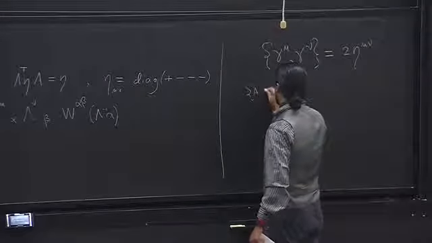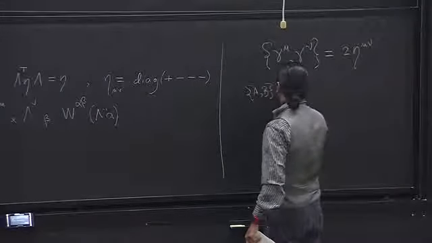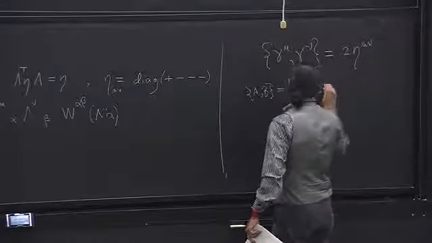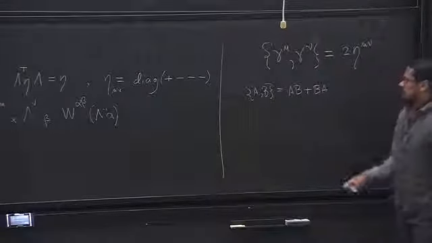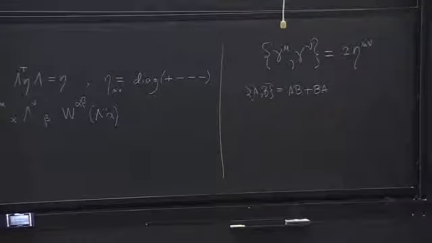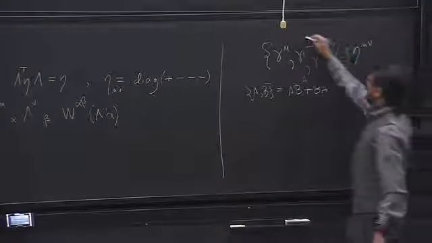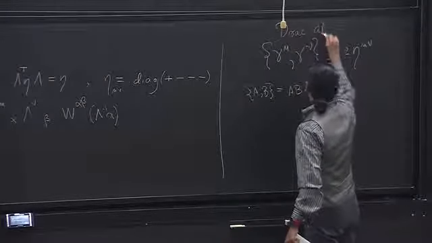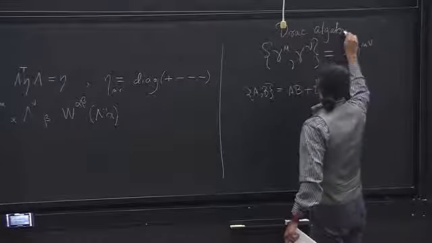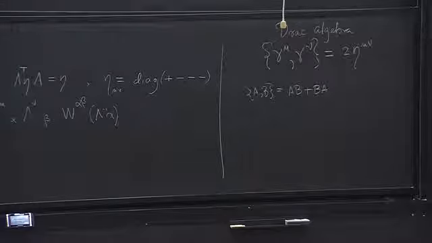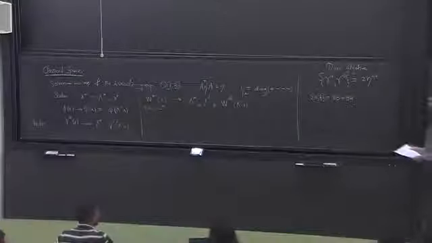So the definition of the anticommutator is like so. Remember that commutator had a minus sign here. The anticommutator has a plus sign. So this is known as the Dirac algebra. And I'm assuming that you're familiar with it. Anyone here who is not familiar with the Dirac algebra? Okay. So just give you a brief